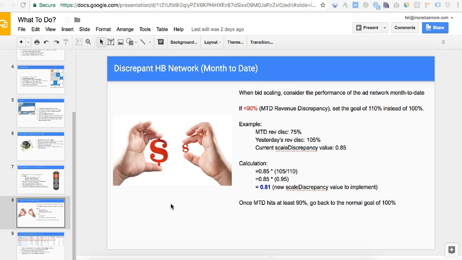Hello everyone. In this tutorial, we'll discuss what to do if, for example, a given bidder or ad network has a month-to-date revenue discrepancy of less than 90%. So we always have to consider the performance or the revenue discrepancy month-to-date, not just daily, okay? So if it's less than 90% month-to-date, you set a goal of 110% instead of the usual or the standard